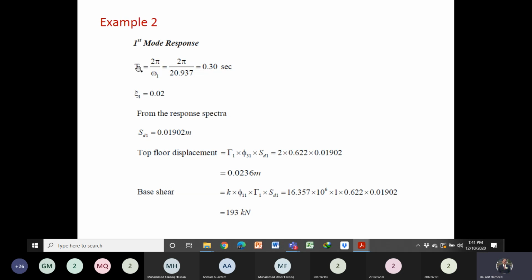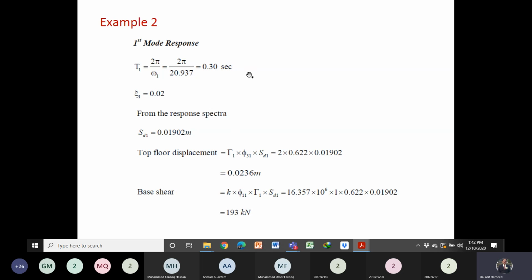So in each mode of vibration, we can calculate the time period. So we can calculate the time period for the first mode of vibration. We can also calculate the damping ratio in the first mode of vibration. Already we have uncoupled the equation of motion, so we have n single degree freedom equations. For the first mode of vibration, we have one equation of motion. For the second mode, we have another. For the third mode, we have another. So we can calculate the time period separately in each mode of vibration.